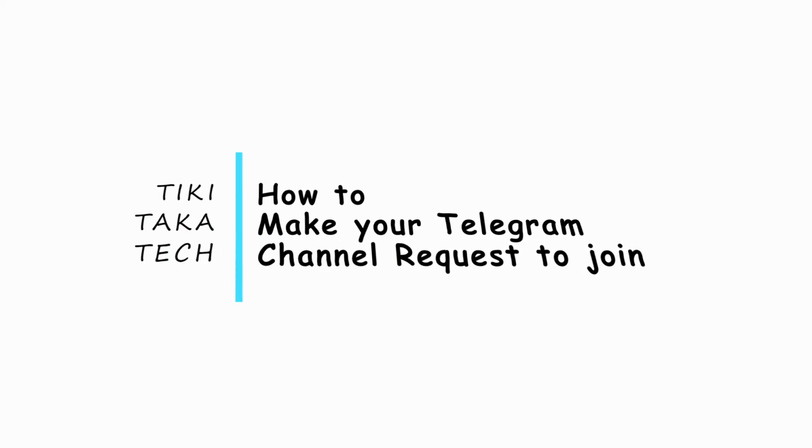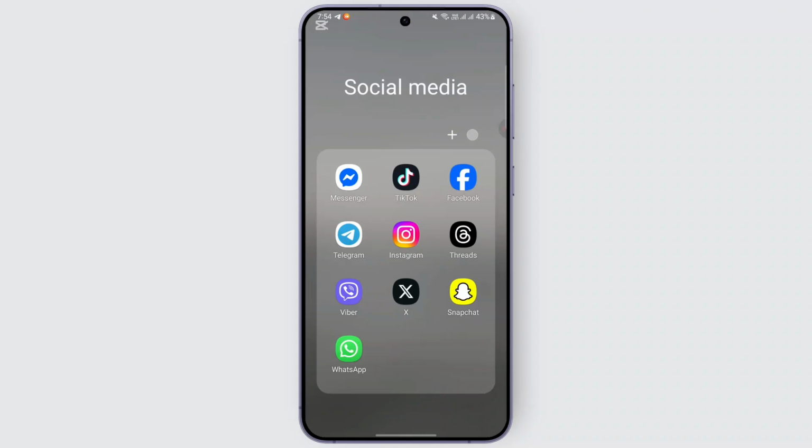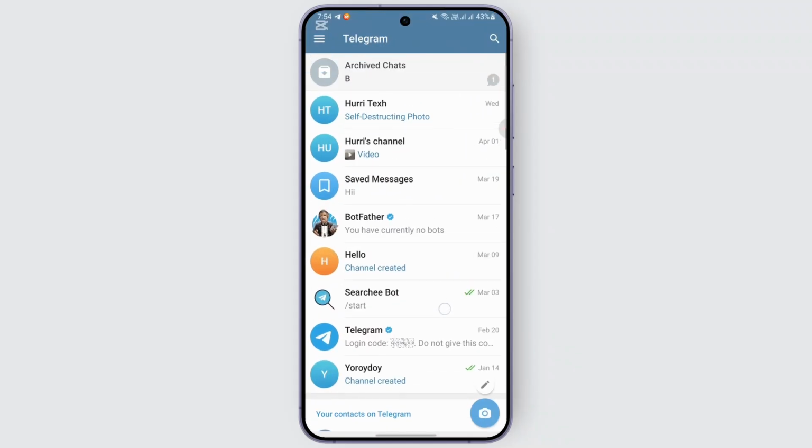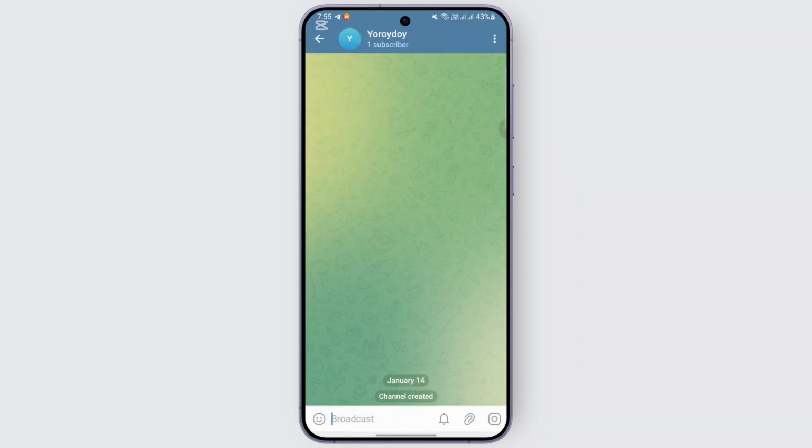How to make your Telegram channel request to join. In order to do so, you may follow these steps. Open up the Telegram app, and then once you are there, head over to your channel, and from there